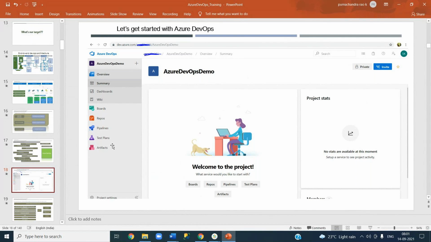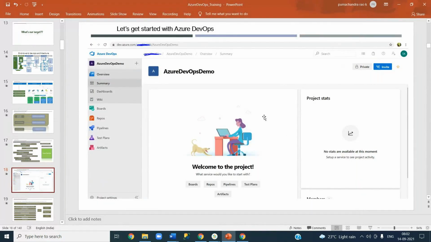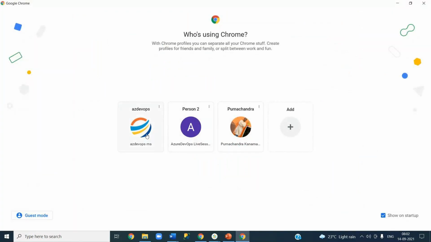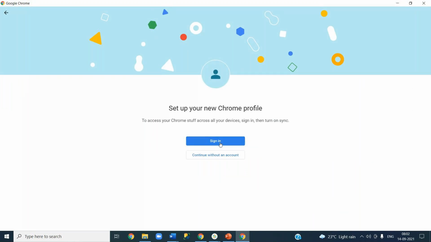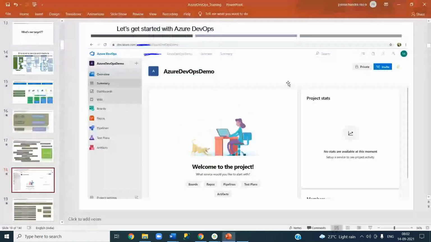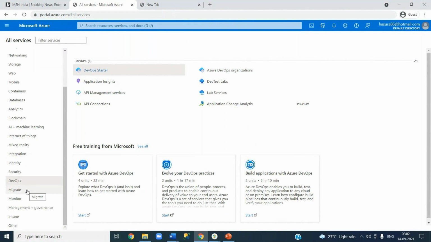So what is the next step? The next step is to go and start using Azure DevOps. So how do you get to Azure DevOps? Sorry, my Chrome has converted to an Azure Chrome profile, so it is behaving differently. You go to portal.azure.com and log in with your Hotmail account. If you are using it for the first time, it will ask for a subscription.